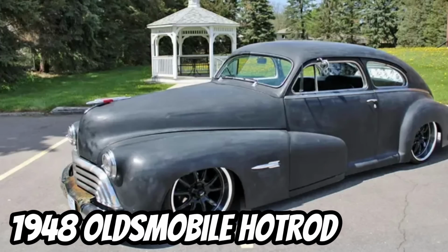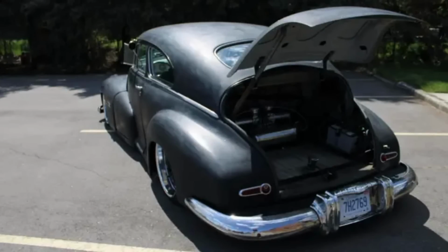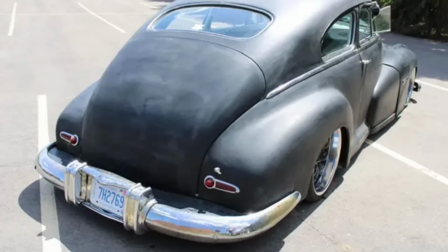Number 8. 1948 Oldsmobile Hot Rod, priced at $17,600. This eye-catching car is powered by an SBC 350 engine and a 700 R4 automatic transmission with an Edelbrock carburetor and Batwing air cleaner and MT valve covers. It has an air ride suspension with remote side exit straight pipe exhaust, power front disc brakes and rear drums,